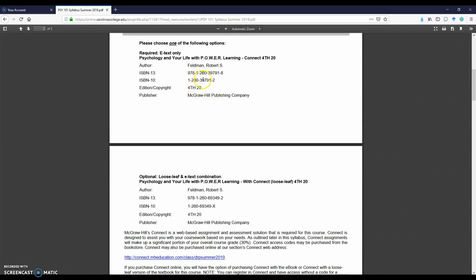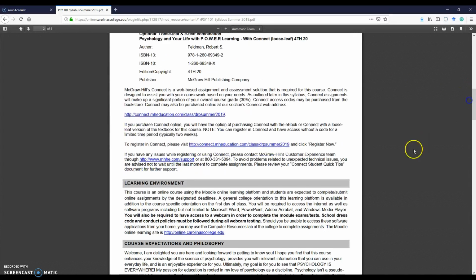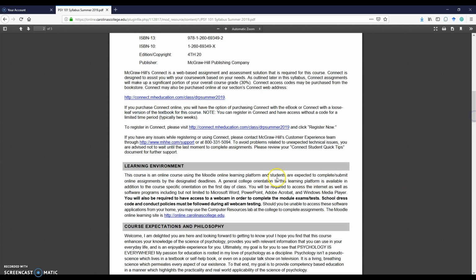I've provided the ISBNs, both the 10-digit and 13-digit options there for you. So here is just a little bit of information about McGraw-Hill Connect in general, and I provided you with a link directly into our McGraw-Hill website, so you could certainly click on that, and it should take you into the area where you can go ahead and register. So as soon as you have your book, if you would, go ahead and register and set up your access to Connect. I'll also point out some additional resources related to Connect once we go back to the home page of the course. There's also some information here for tech support.